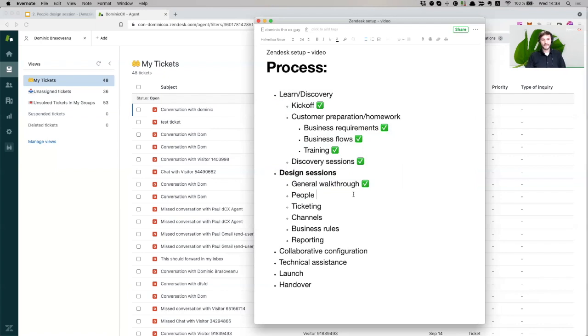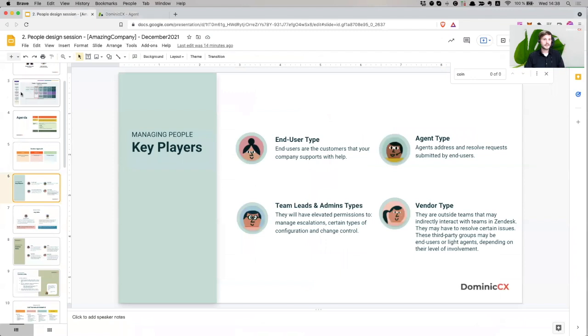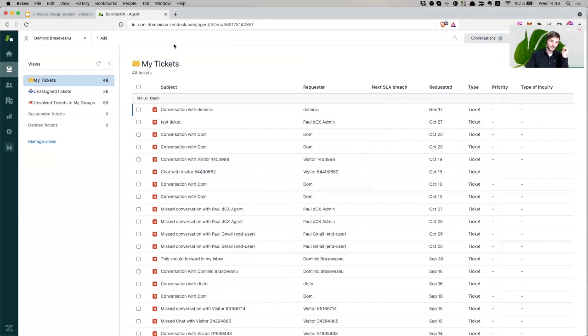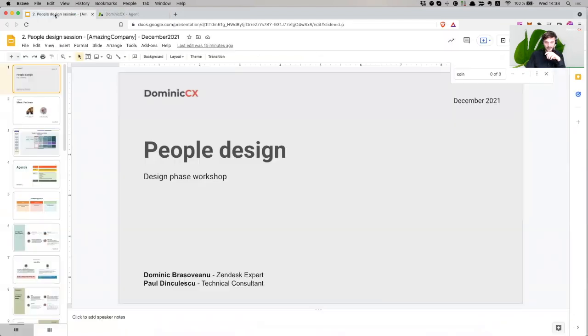All right, so the way this works with the people setup is I have a slide deck, which I'm going to walk you through. After I talk about the slide deck, I'm going to remind you of some of the things you've learned in your training. So we'll do a small repetition, and then I walk you through some best practices. Then we go into Zendesk and I show you how to create those. And then there's also a homework